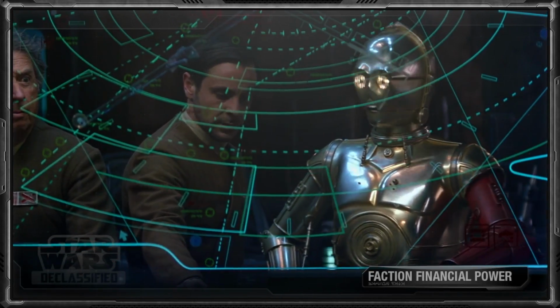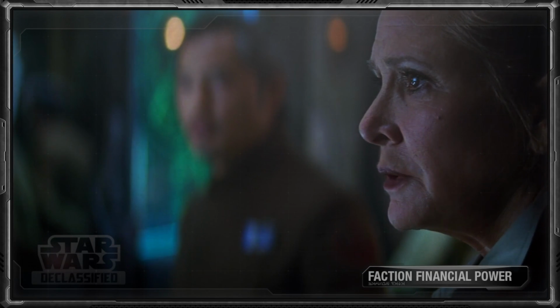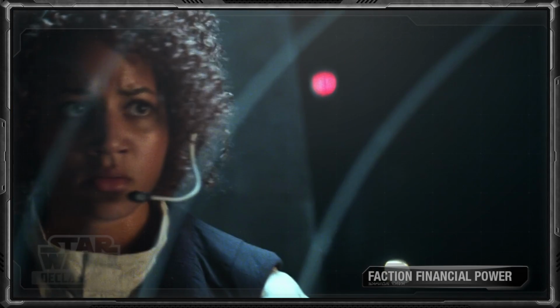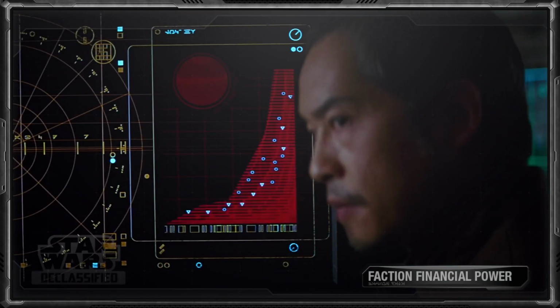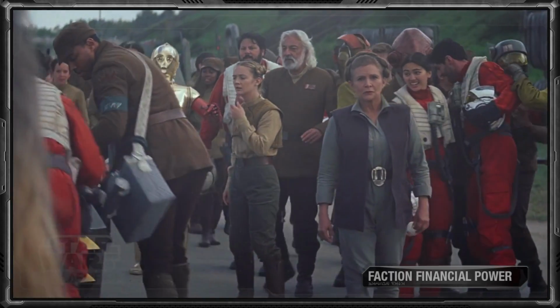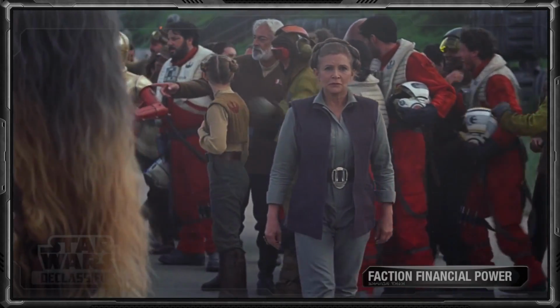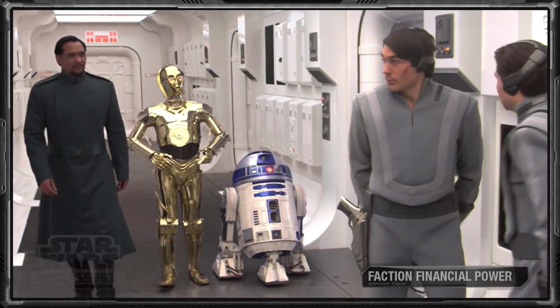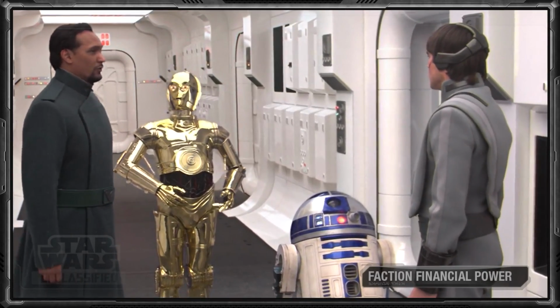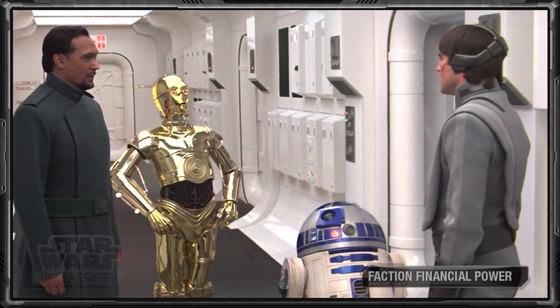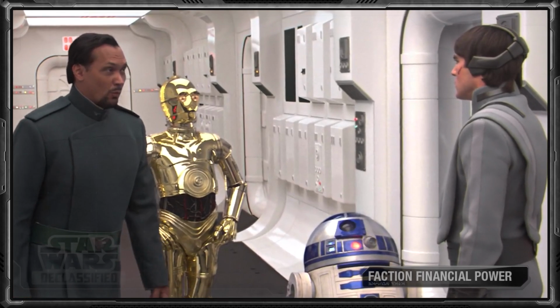Financially speaking, the Resistance was not very well off. Unlike the Rebellion, the Resistance did not have a long list of financial backers and had to work with what little they had. Leia herself, while still considered a well-off political leader, had nowhere near the wealth that her father Bail Organa had when he co-founded the Rebellion, who himself had resources from the entire planet of Alderaan to use.